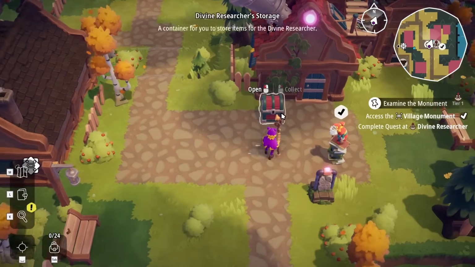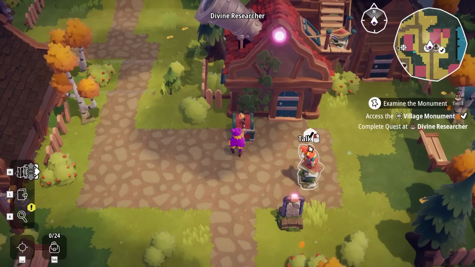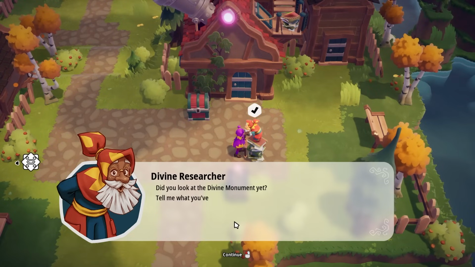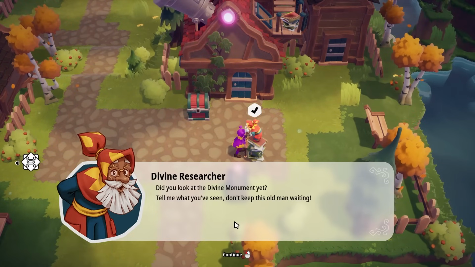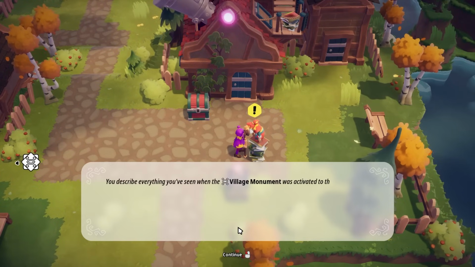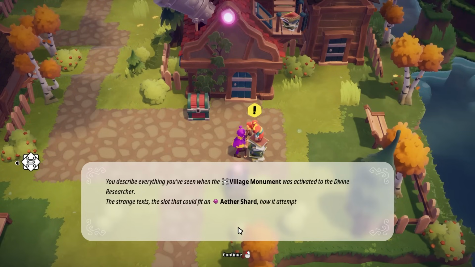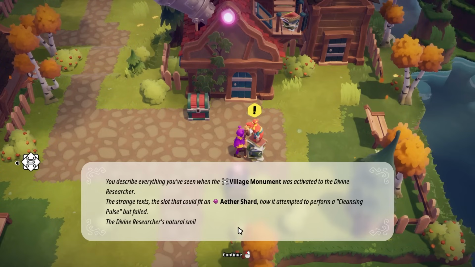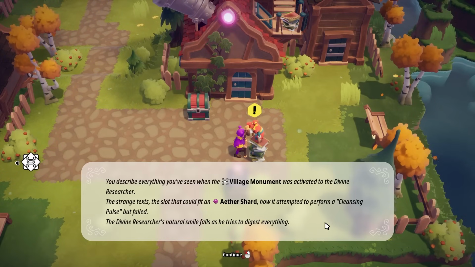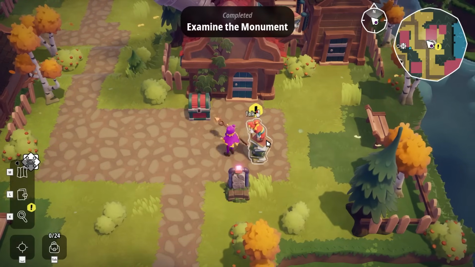Divine Researcher... Is that another chest? I wonder if they're like linked inventories. I'll have to check that out later. Okay, did you look at the Divine Monument yet? Tell me what you've seen. Don't keep this old man waiting. Okay, let's complete this quest. You describe everything you've seen when the village monument was activated to the divine researcher, the strange text, the slot that could fit an aether shard, how it attempted to perform a cleansing pulse but failed. The divine researcher's natural smile falls as he tries to digest everything. Okay, let's go back and...